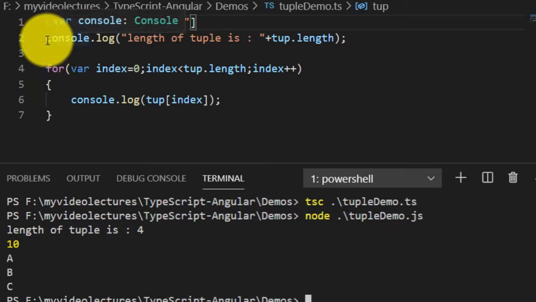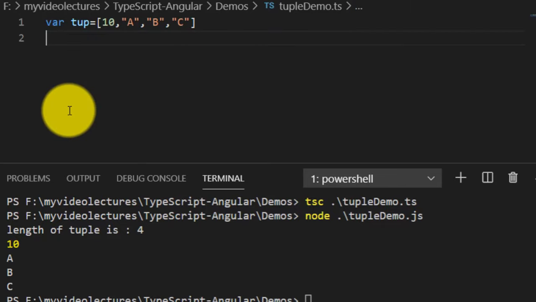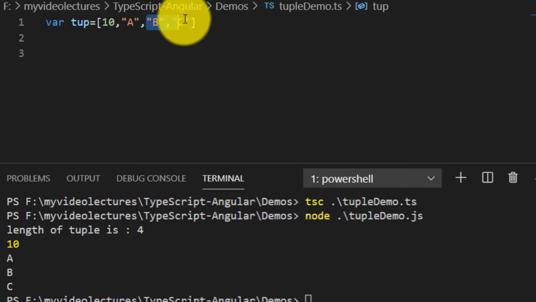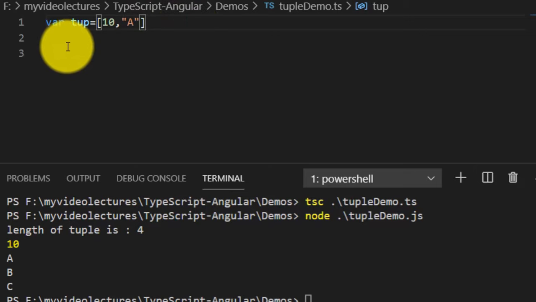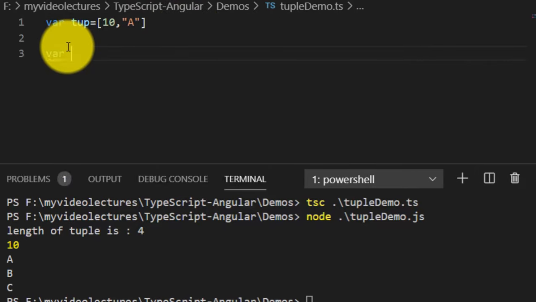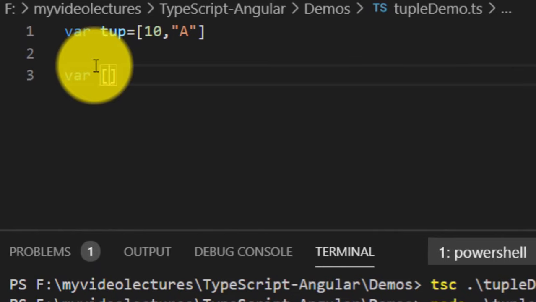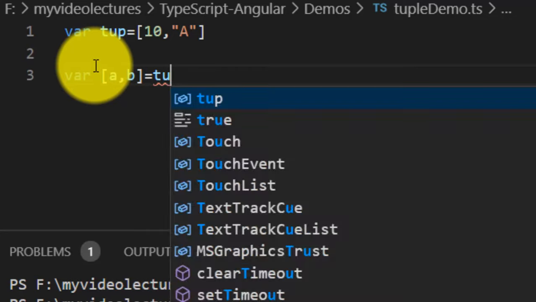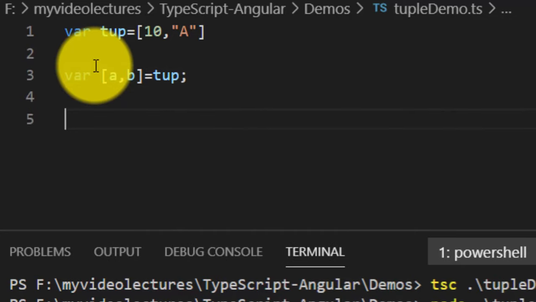Now let's check the example for destructuring of the tuple. I will take only 2 elements in a tuple, and here variable [a, b], and what you assign is the tuple.